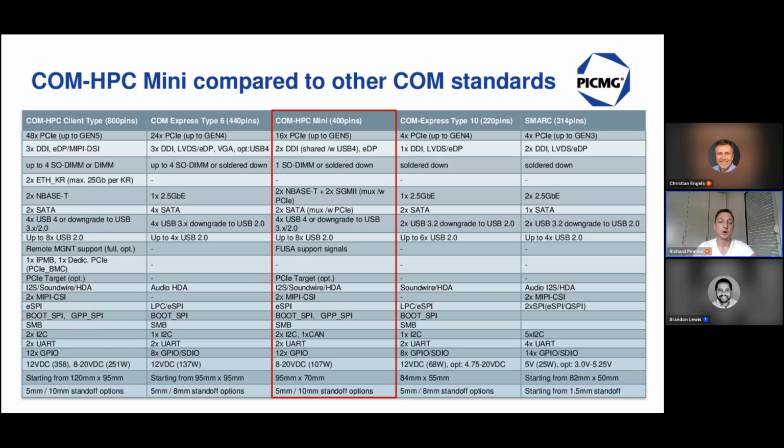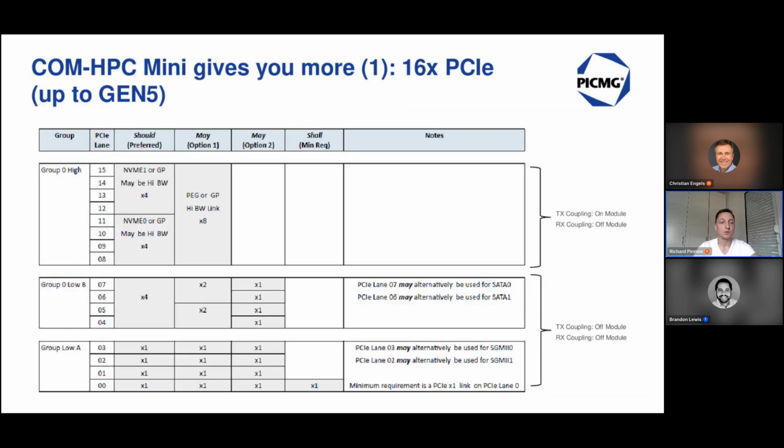And we have 2 options for the standoffs. So this makes this module very ideal for space-constrained applications. So it can be super flat and super small. On the remaining slides, I'm going to highlight 3 aspects in more detail. So it's speed and density, first of all. Secondly, electrical design power. And third, that it allows super compact designs. All right, so let's start with